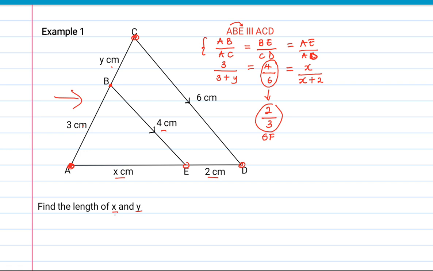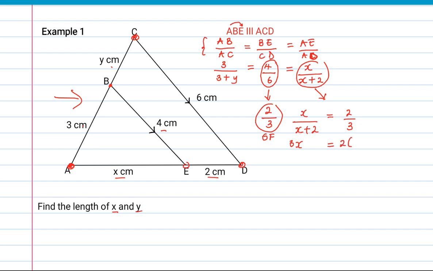So let's go to the calculation for x. For x, we are going to use this expression to calculate. We'll be saying that x all over x plus 2 is equated to the scale factor, which is 2 all over 3. Then we simplify by cross multiplication. So 3 by x, that's 3x will be equal to